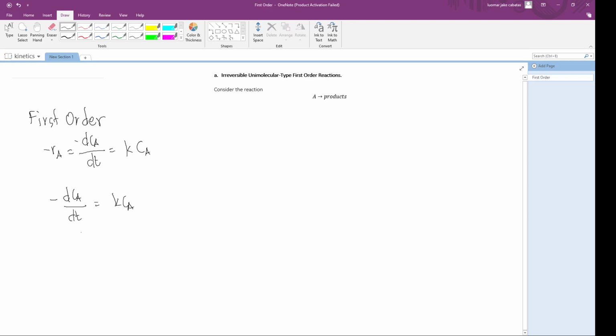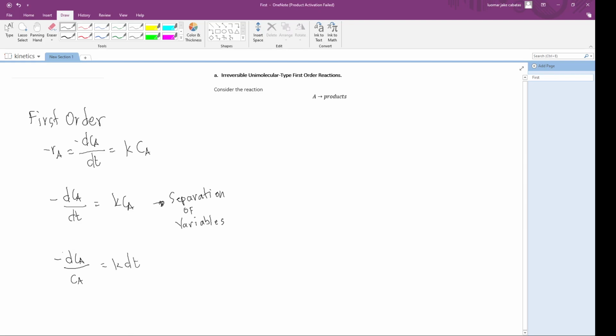So, using separation of variables, we get negative dCA over CA is equals to